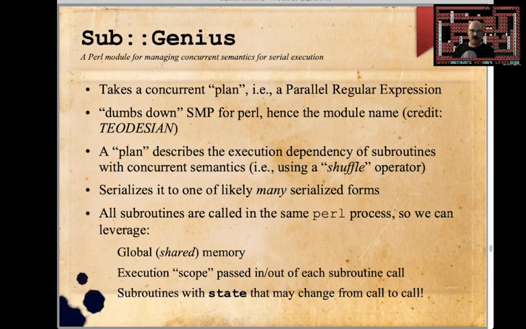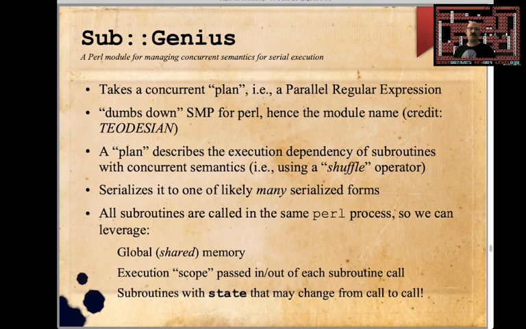And then there's the benefit of the fact that these subroutines are being called within a unified Perl process. So that means that we have global memory. We're able to utilize all the cool things that subroutines give us, including being able to pass in parameters and return parameters, and also give or assign the subroutine's memory from call to call